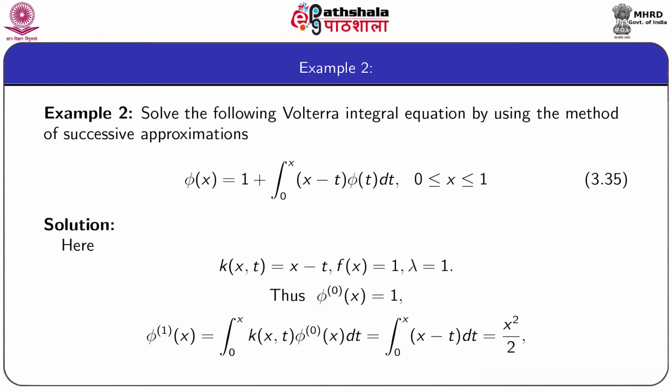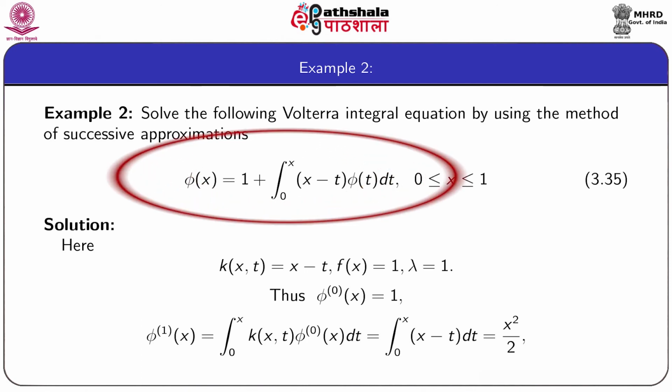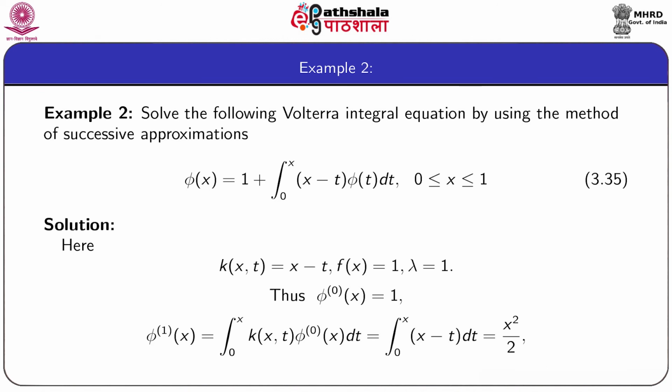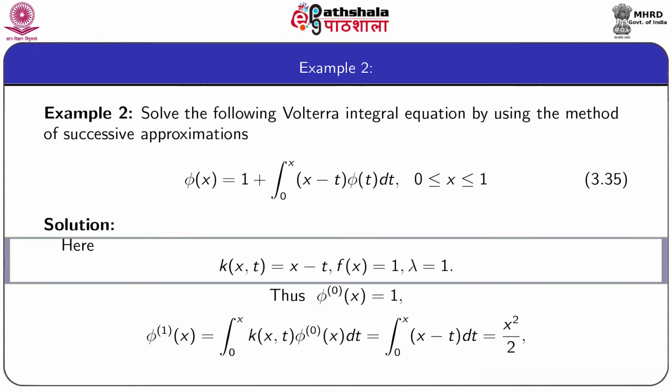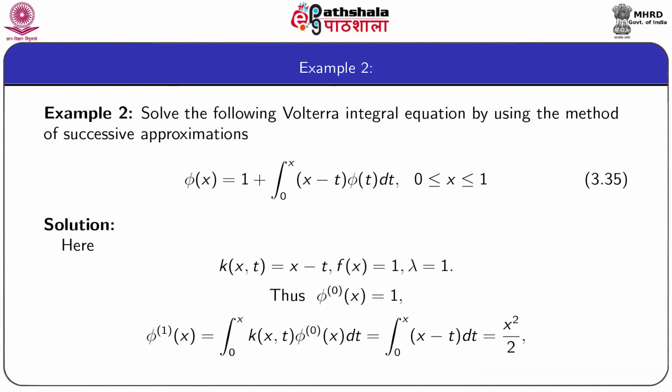Next, we come to example 2. Solve the following Volterra integral equation by method of successive approximations. Phi x equal to 1 plus integral 0 to x (x minus t) phi t dt, x lying in the range 0 to 1, as given by equation 3.35. Here the kernel K(x,t) is equal to x minus t and the forcing function is equal to 1 and lambda equal to 1. Thus, phi superscript naught x is equal to the forcing function f x, which is equal to 1,